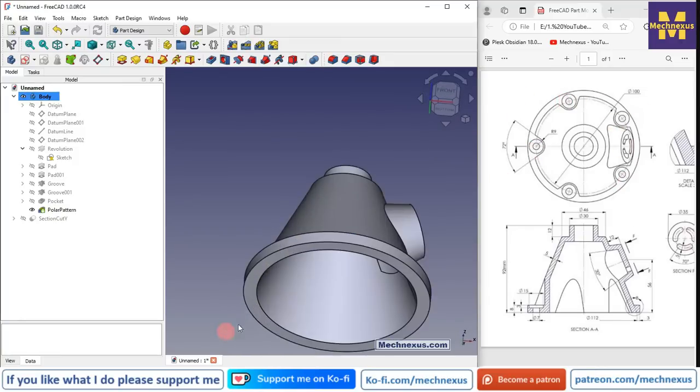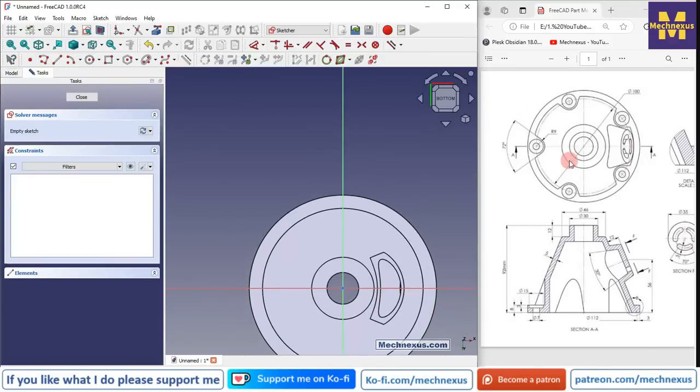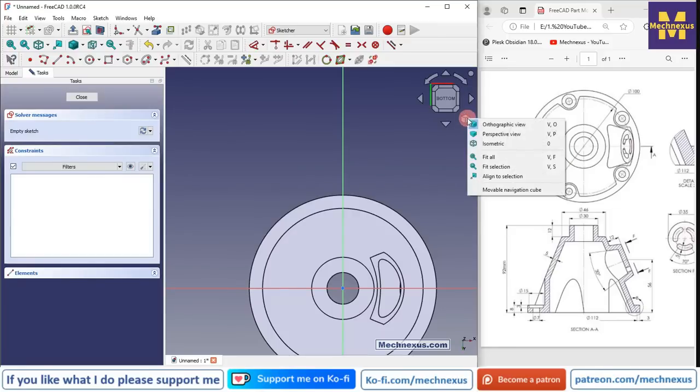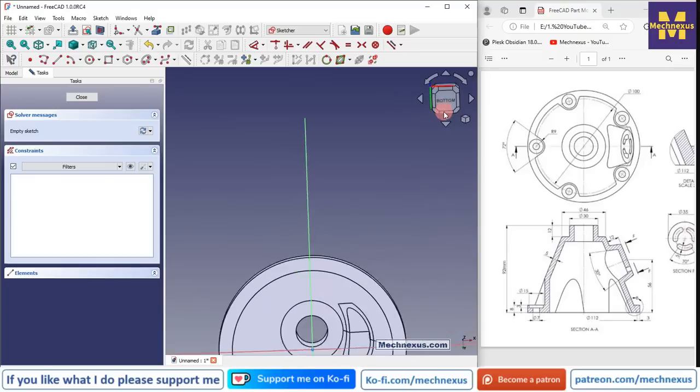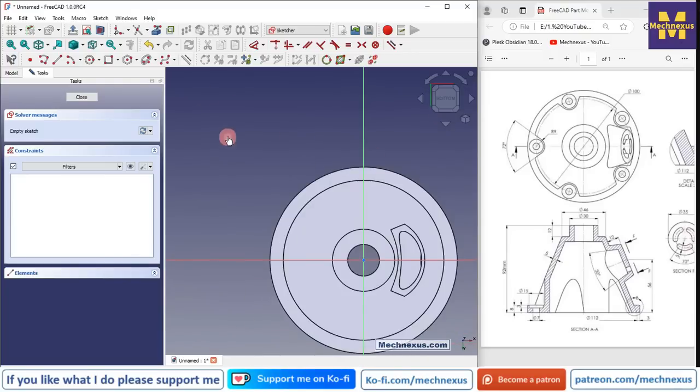So I will select this bottom face and click on the sketch, and here we can see that radius is of R9. So let's make our model to the isometric and set it to the bottom position, and now